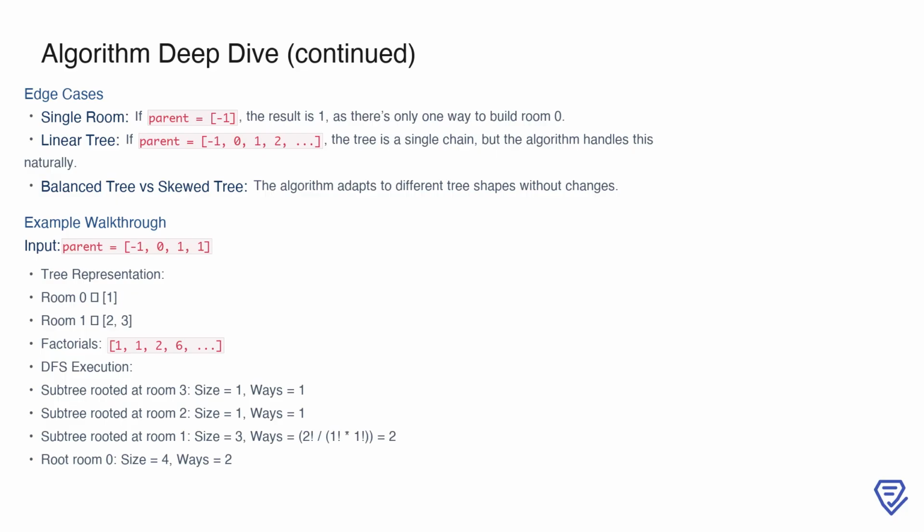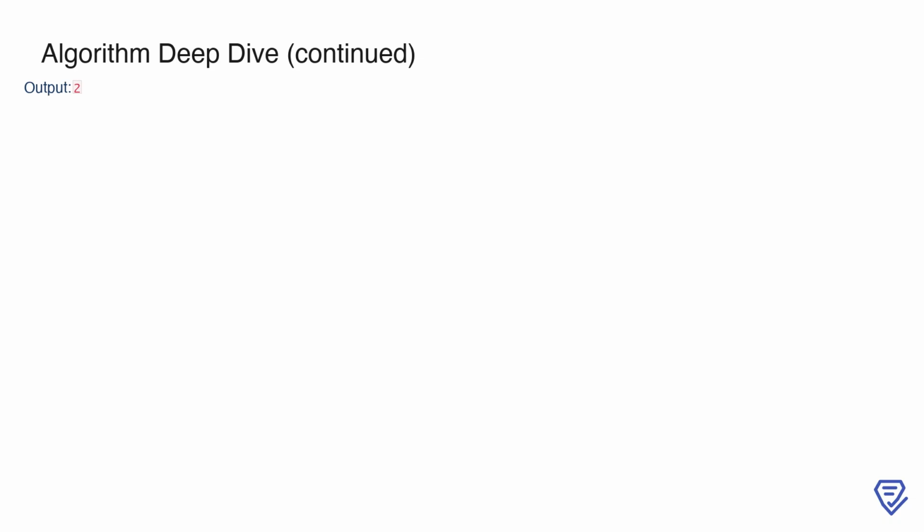Let's consider an example with the input parent = [-1, 0, 1, 1]. The tree representation shows room 0 has room 1 as a child, and room 1 has rooms 2 and 3 as its children. Using the pre-computed factorials and a DFS traversal, we calculate ways for each subtree, ultimately finding that there are 2 valid ways to construct the entire tree. For the given example, the output is 2, which represents the total number of valid ways to construct the rooms